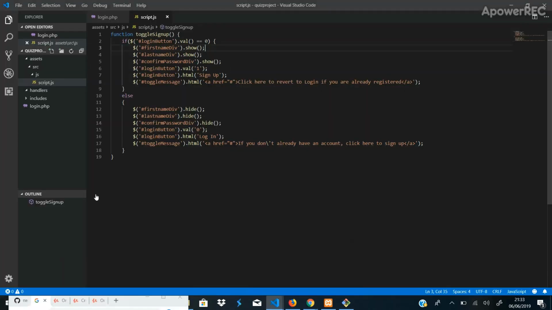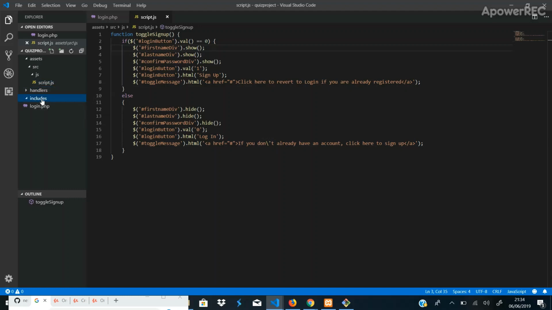So now that we've got the toggle functionality working, we're going to have to look at setting up the database so we can begin to work on the logging in function and store values of whoever is signing in, their name, email, password, and whatever. Store them in the database. So we're going to have to set up the database connection, and then also we'll begin to handle the logging in. So what we would do is,